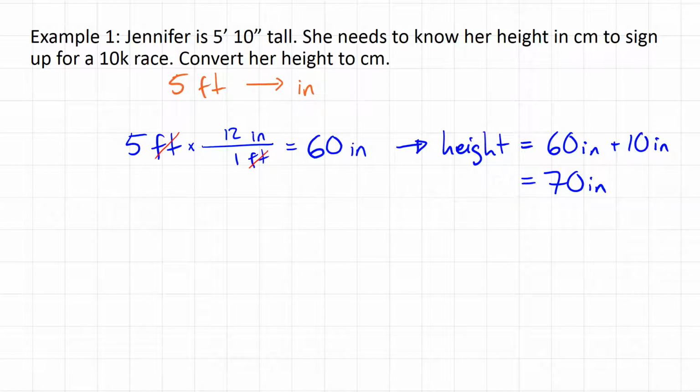Now we can convert 70 inches into centimeters. So I multiply by a fraction, inches on the bottom, centimeters on the top. And for every 1 inch, there's about 2.54 centimeters. So 70 times 2.54, again, we're canceling our inches, being left with centimeters. So 70 times 2.54, I get